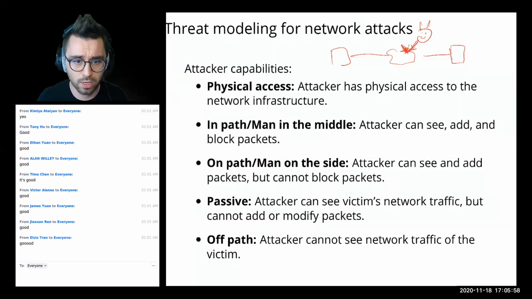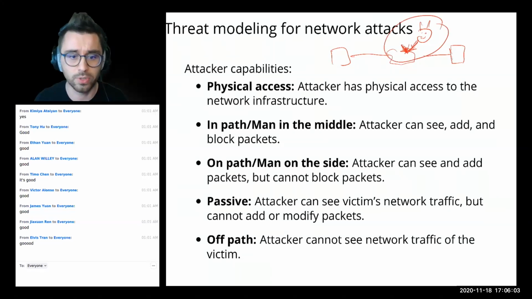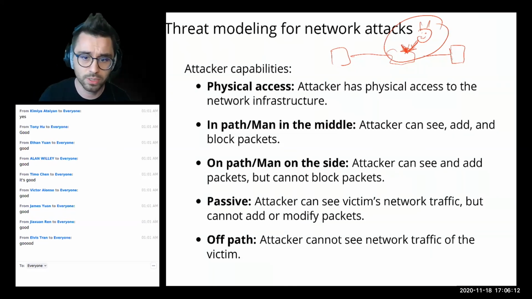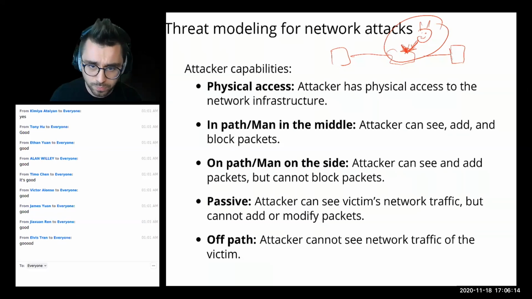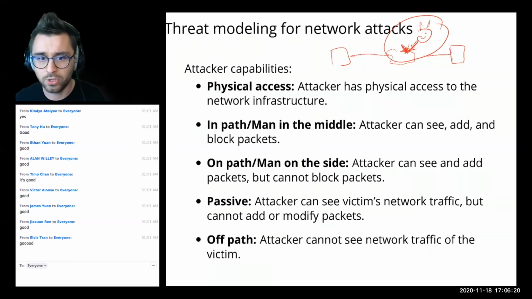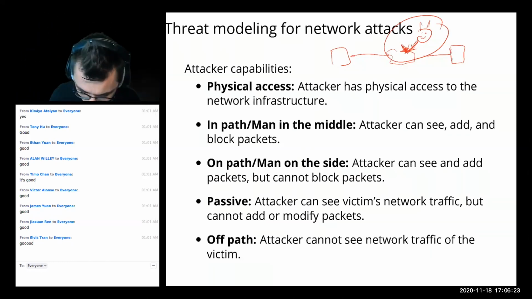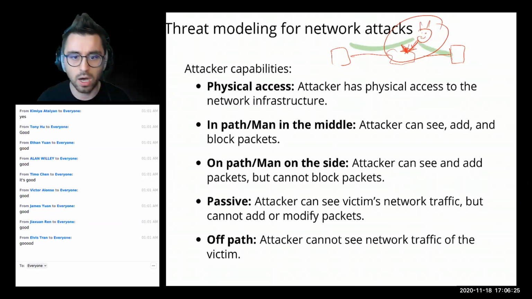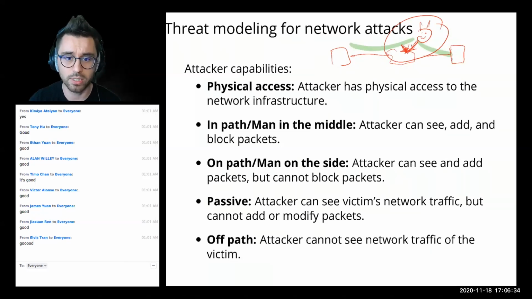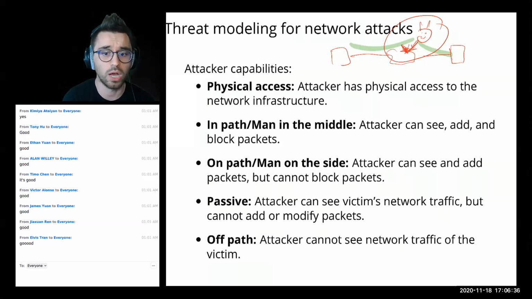There will be an off-path attacker, which is the last one on the list here, which is kind of in the same location as this attacker. So they're not actually in between the two endpoints, the victim and the other victim, because they're both essentially victims. This off-path attacker can't actually see the network traffic, but they might be able to inject or add their own packets that end up going to one of these victim endpoints. And finally, there's an on-path but passive attacker. This attacker can only sniff packets. They can't add or modify or block existing packets.